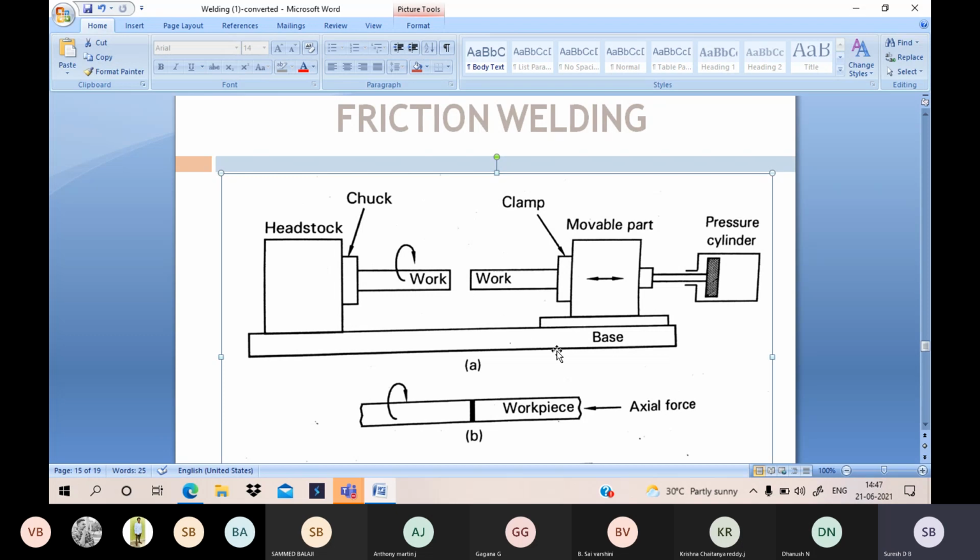That's why this is called friction welding. Here, friction is created between the two workpieces, and due to this friction, heat is generated. Once heat is generated, on the right side component you can apply force or pressure. Due to this external force and pressure, along with heat, both pieces are rigidly joined. See here in the second diagram, this is the rotary motion and this is the axial force. Due to rotary motion and axial force, both workpieces are rigidly fixed.